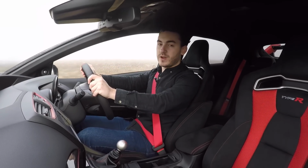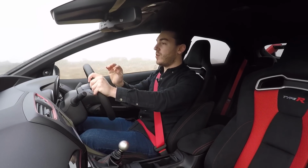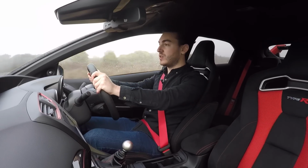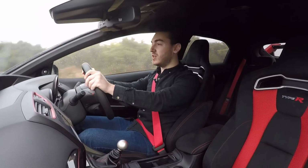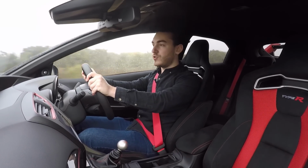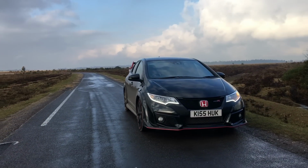However, take it to a racetrack and engage beast mode, and you'll find that this thing is an absolute rocket ship. It is by far and away the most impressive hot hatchback on a racetrack by a country mile. It gives you a setup that is so honed for challenging circuits. I took this car to the Nurburgring in the summer, and I've never driven a car that felt so at home. Now, Honda claim that this car will do 38 mpg combined, and driven gently, I'll be honest with you,